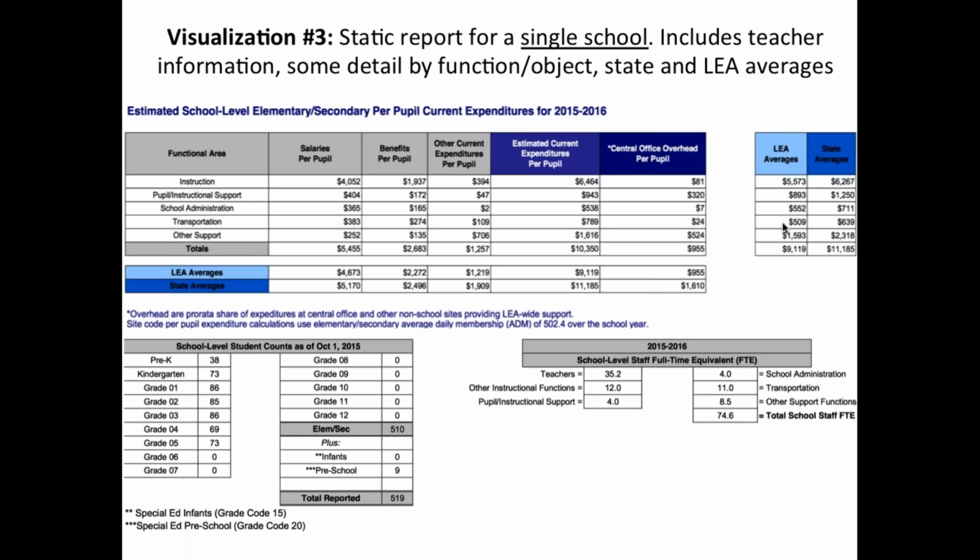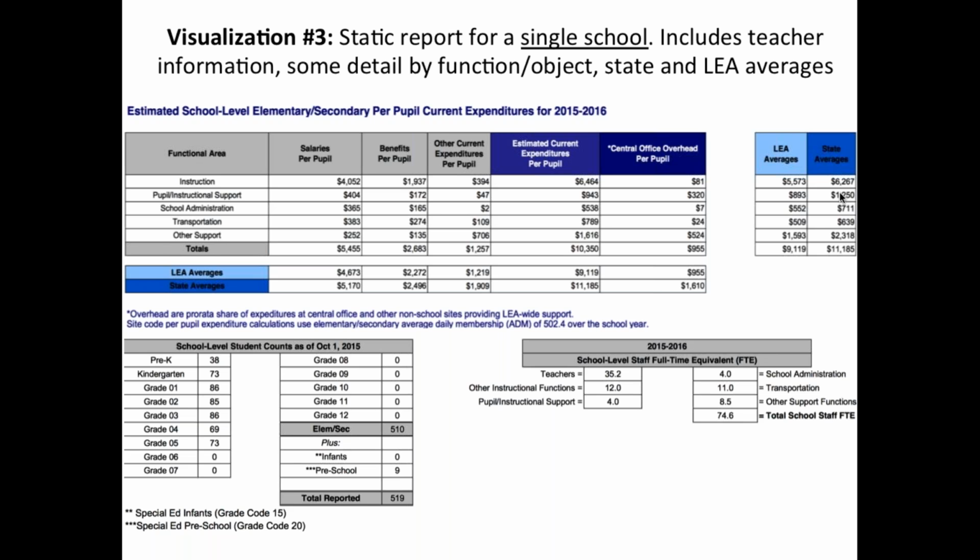So it's there, but some work has to be done for that, unless the expenditures per pupil includes the central office, and that's just a breakout. So we weren't sure on that one. How much is that, more or less than schools in my district? Well, I can't find another school using this report, but I can tell you if it's higher or lower than the district average. So that's, again, a little bit of a sort of.